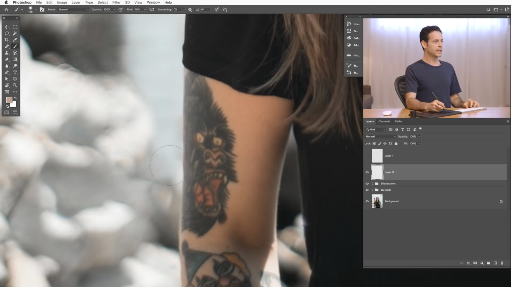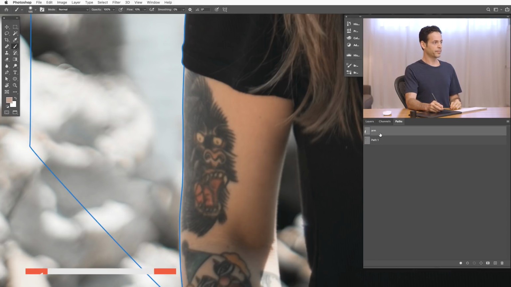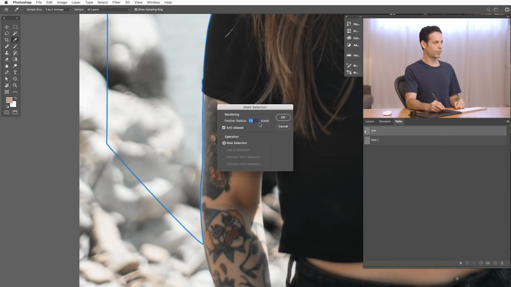So what we're gonna do is use the brush tool. Believe it or not, we're gonna use the brush tool to remove this tattoo. Now, I already made a path of her arm. There we go. So we can actually use this, but I do wanna cut it off on the top and the bottom. So let's show you how to use this pen path that we already made because that's basically gonna give us a border on the left-hand side. Super cool. So this arm pen path, we'll just right click on this and go to make selection, 1.5 pixels,